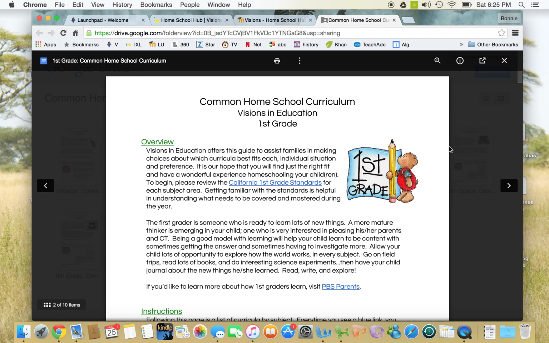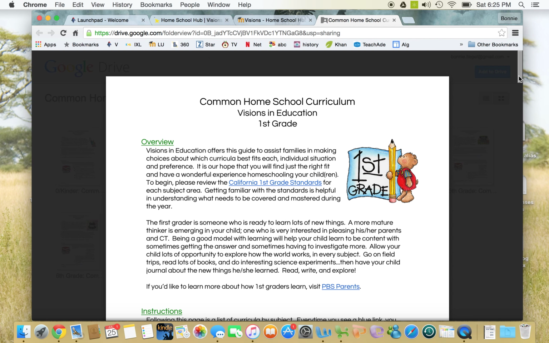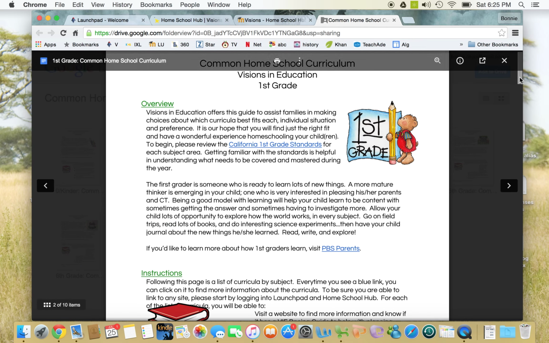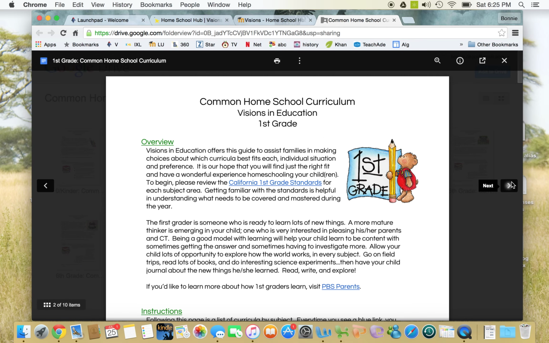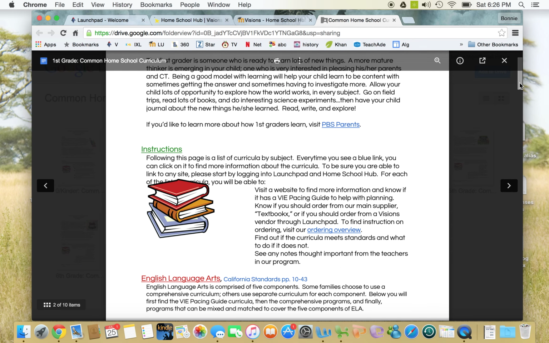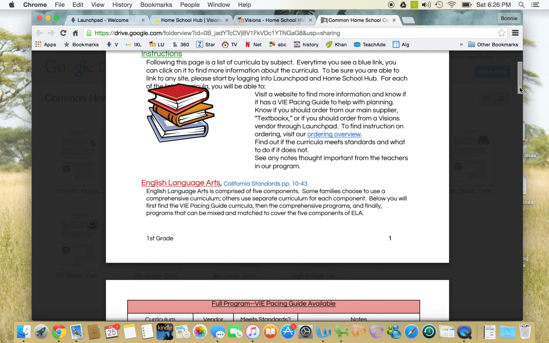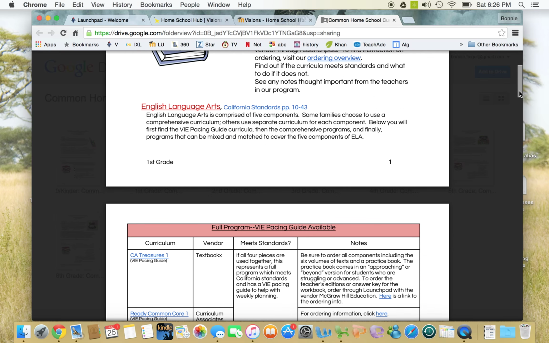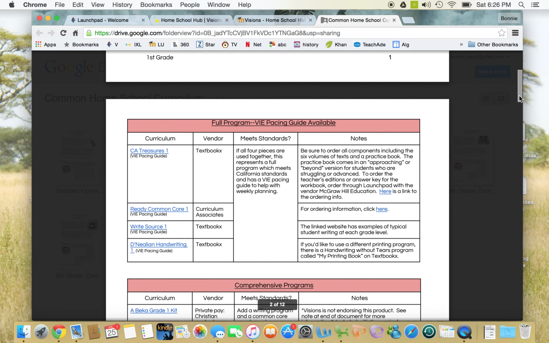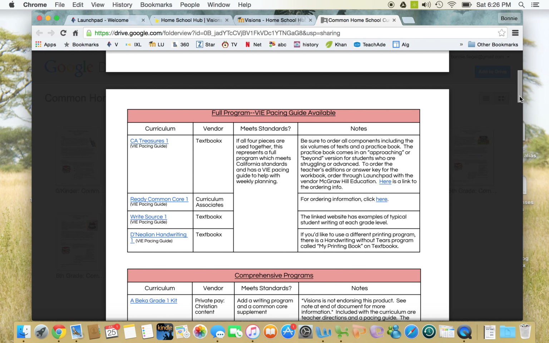If you scroll down, it's kind of hard to see, but right here on the side is your gray scroll bar. If you click that little arrow here, it's going to take you to second grade. So you don't want to click on that. So scroll down, and it has different kinds of instructions for ordering, and starts with English Language Arts, and it shows all the different things that you could get. This is like full program